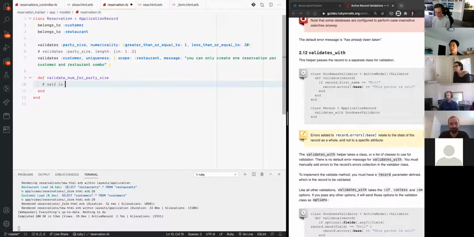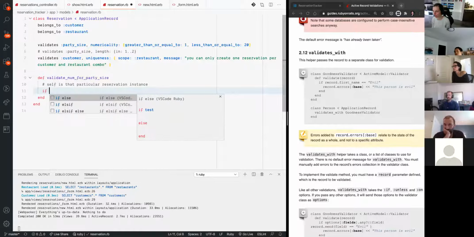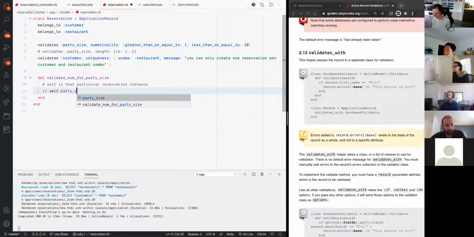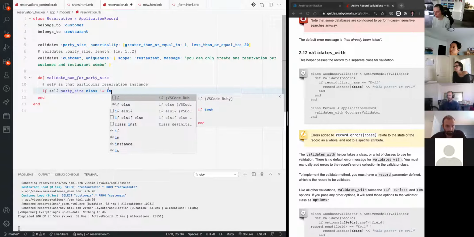That instance of the class? Yes. That particular reservation instance. Cool. So if we know that self is that particular reservation instance, we can say something like self dot, what's it called again? Party size. So we can say, hey, if the party size is not equal to an integer,